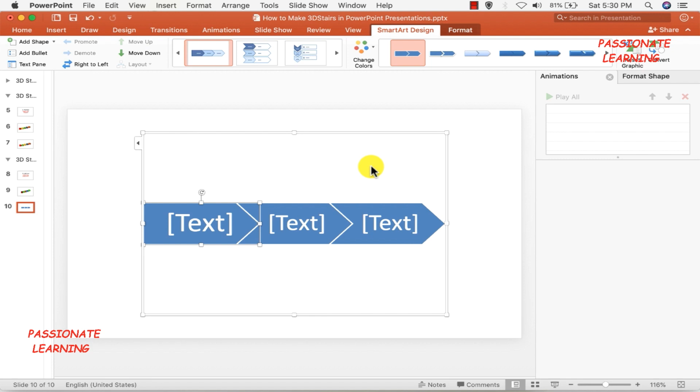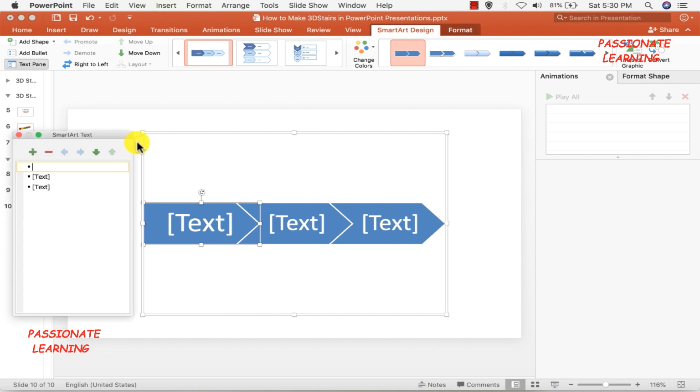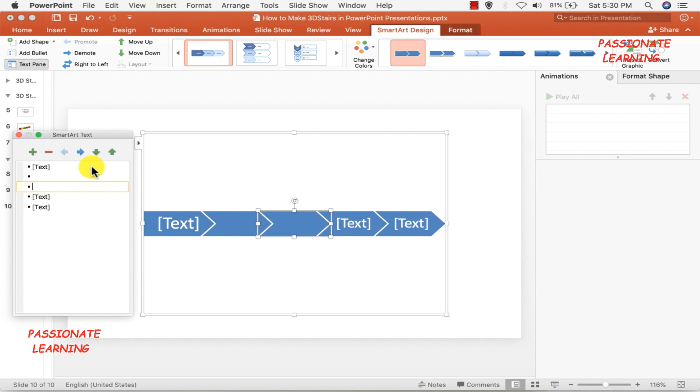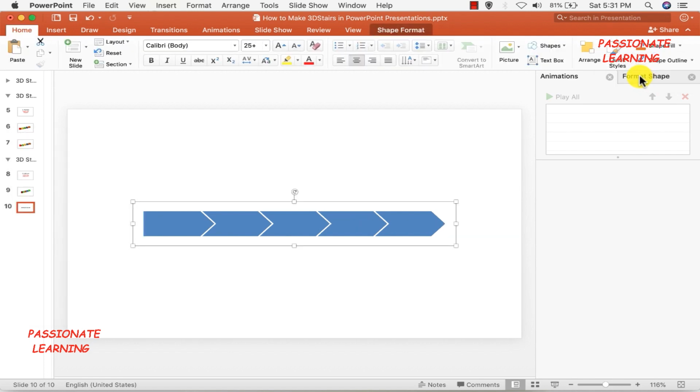Now, this is the initial format which I would be using to create the stairs later on. So first of all, let me click on this arrow here, and you can see here that there are 3 text boxes. So I need to have 5 stairs. So let me press the enter button 2 times and I will have 5 such boxes. And after having 5 boxes, let me come over here to the convert button, and then I need to click this particular option of convert to shapes, like this. So essentially, this is now similar to the first method in which we were inserting shapes. So now let us proceed ahead with formatting all of these 5 shapes in order to make the stairs.